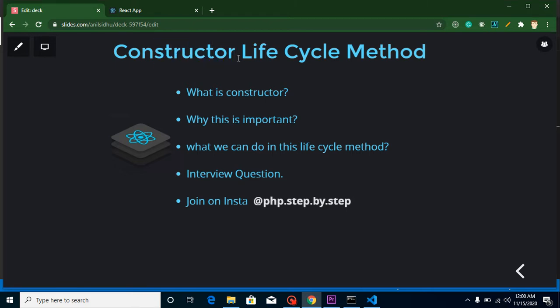So why is this the first stage? Because what is the definition of a constructor? Whenever our class is created or a class object is created, the constructor is automatically called. That's why the constructor is the first thing called whenever our class is ready. The same thing applies to lifecycle methods. That's why this is the first lifecycle method.